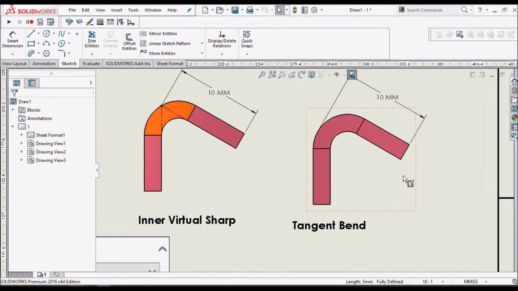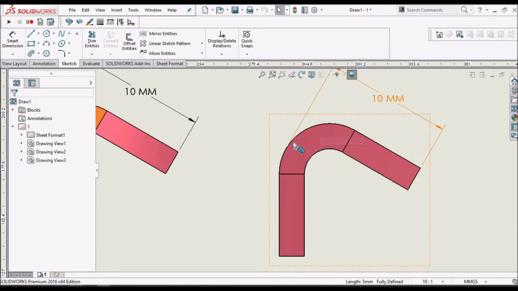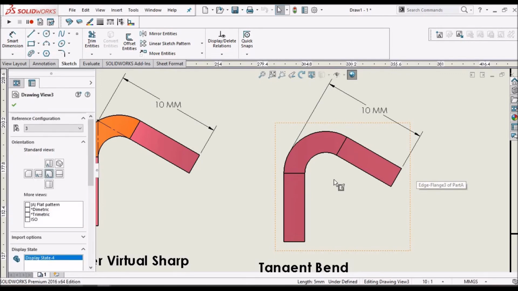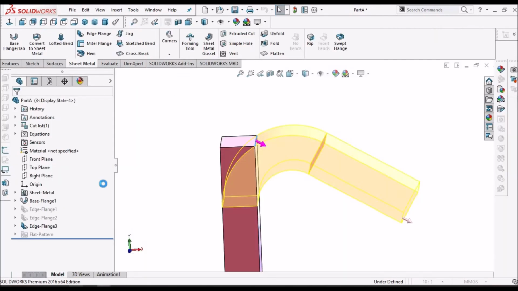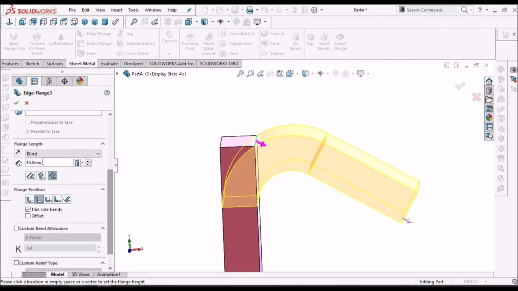The third option is tangent bend. So it takes from the tangent line of this arc and this edge. See here, this 10 mm is from this tangent arc to this edge.